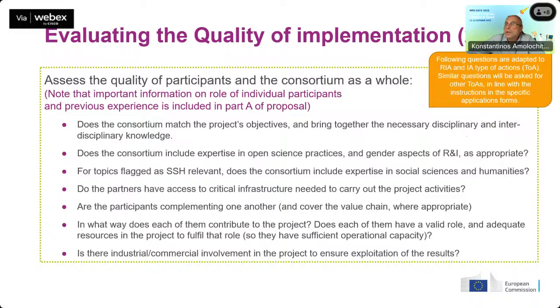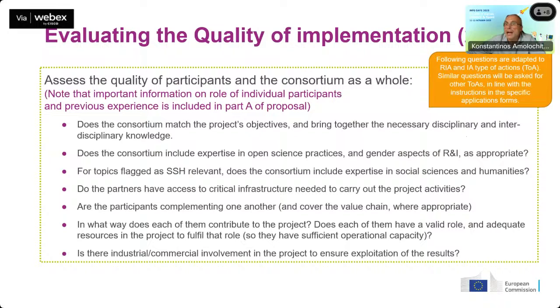And the second sub-criteria under the evaluation of the quality and implementation, here we assess the quality of participants and the consortium as a whole. And here we want to see that the consortium matches the project objectives. The consortium includes expertise in order to make sure that they do the work that they propose. Of course, science practice and gender aspects of research innovation as appropriate. And in case there is the consortium, in order to include expertise in social science and humanities, if it's there,